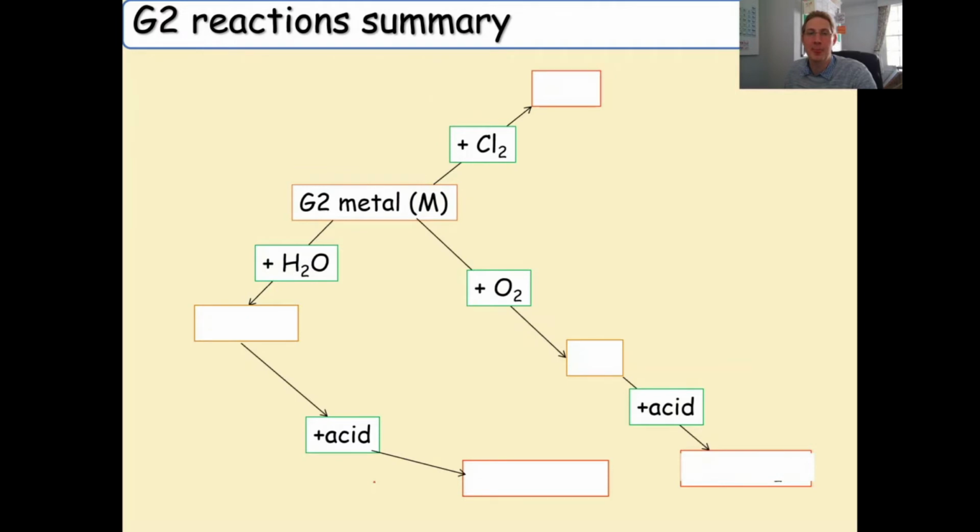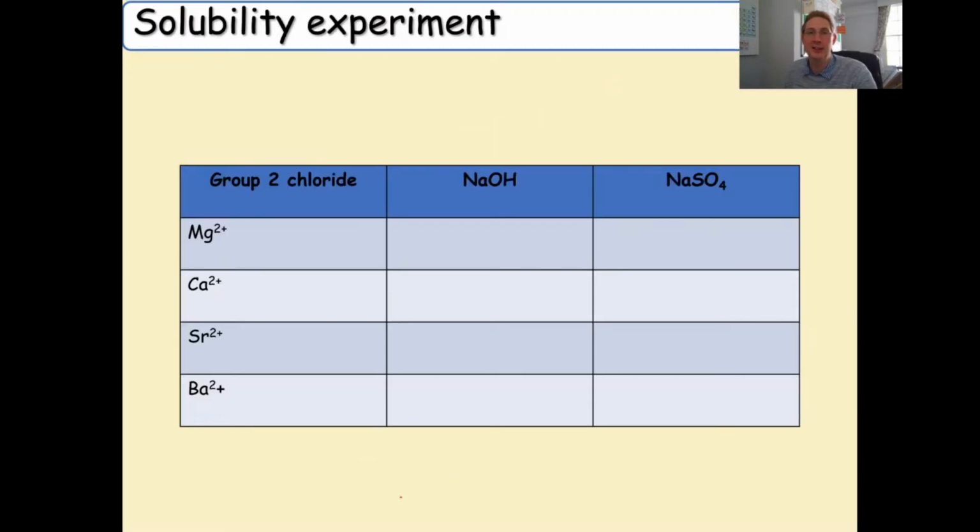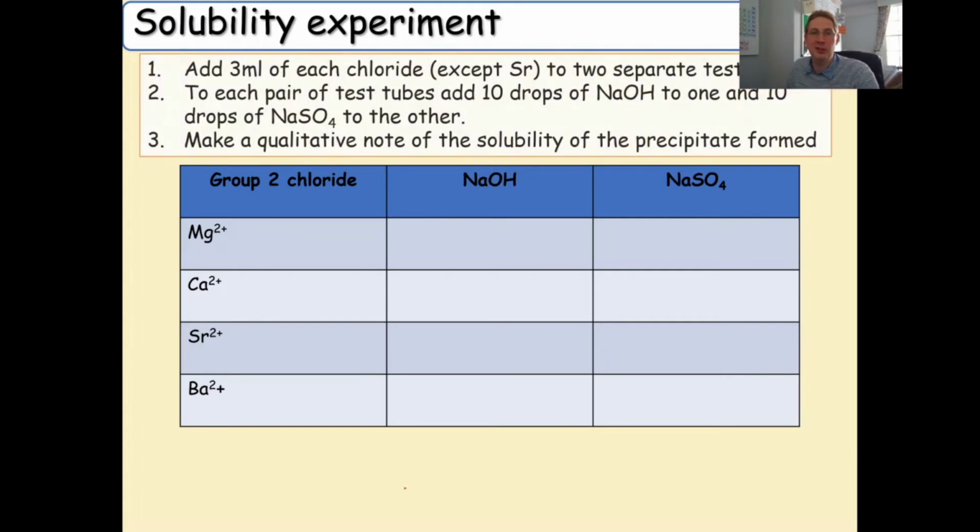So this is a summarization of all those reactions. The group 2 metal and chlorine makes a metal chloride, and oxygen makes a metal oxide. React that with acid, you get a salt and water. With water is a metal hydroxide, and then with acid you get a salt and water. Okay, all this should be very straightforward. It's basically GCSE. For the solubility, you did an experiment where you looked at whether or not the hydroxides were soluble